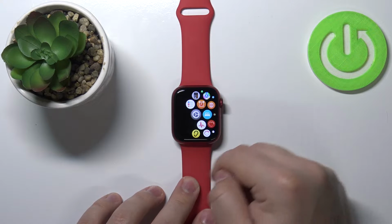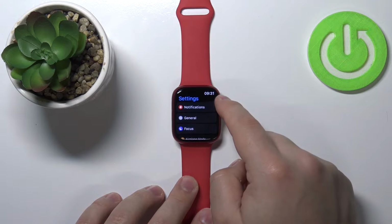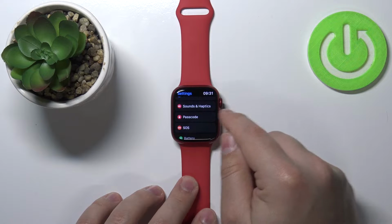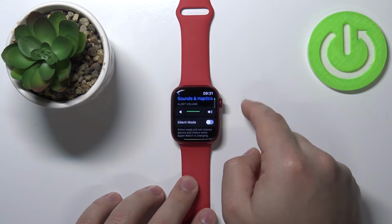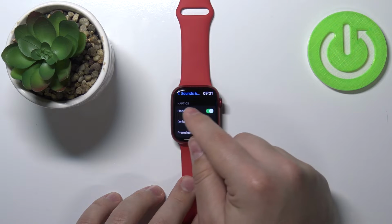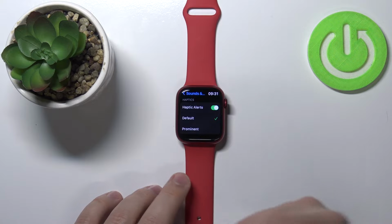Find the settings icon and tap on it to open the settings. In settings, scroll down and tap on Sounds and Haptics option. And here scroll down, find the Haptics category, and right here we can customize some of the Haptics